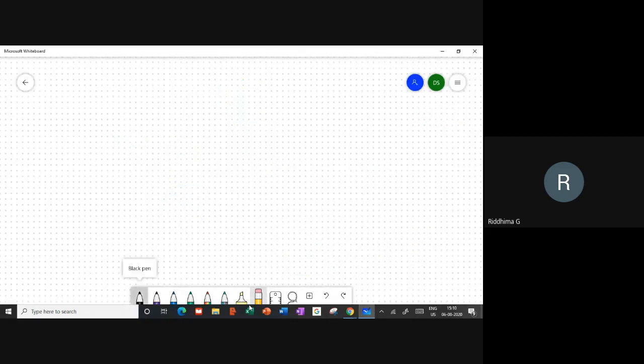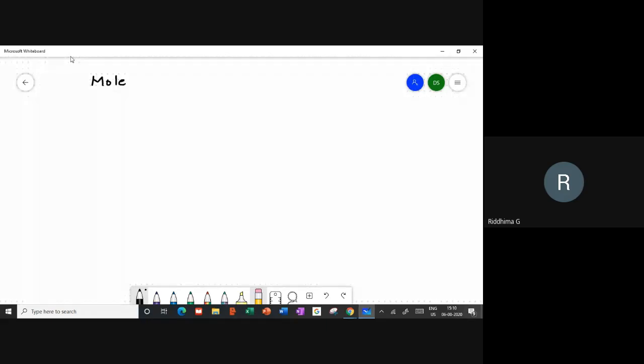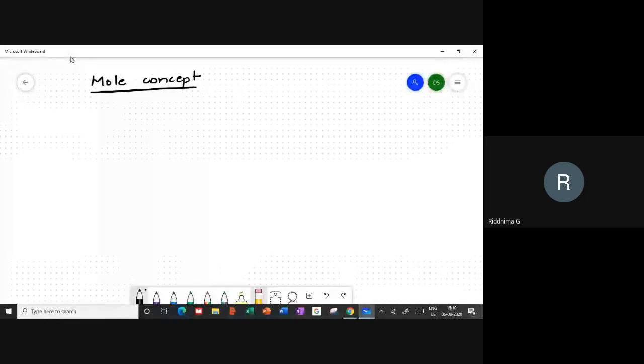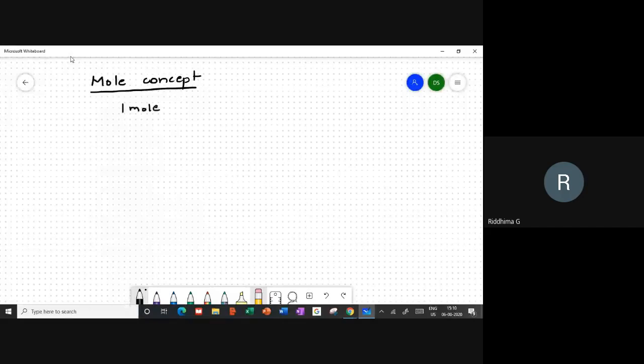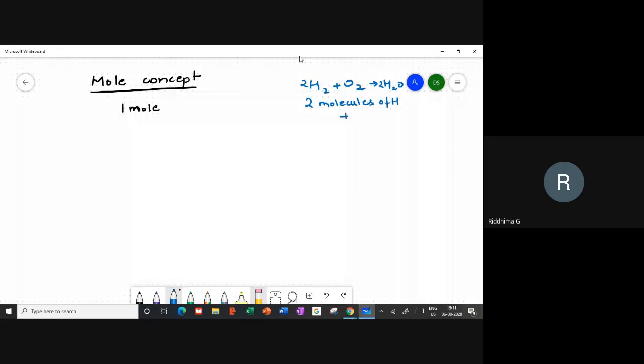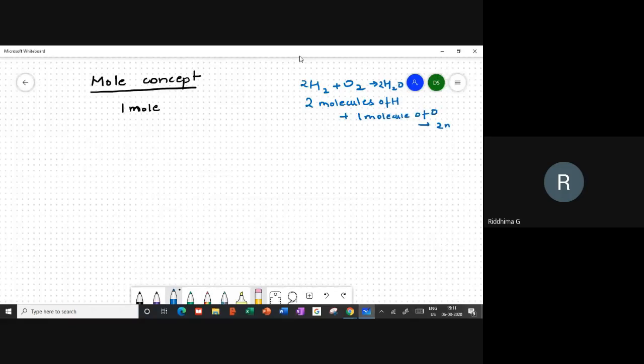Now coming to the mole concept. I was telling you a few things last time, right? In the last class, it's a unit. One mole is a unit defined by chemists to make calculations in chemical reactions easier. If you consider this simple reaction of H2 plus O2 giving you H2O, and if I balance it, what can I say about this reaction? I can say two molecules. Why am I saying two molecules? Because H2 is a molecule, and I'm putting a 2 in front of that. So two molecules of H2 plus one molecule of O2 combine to give me two molecules